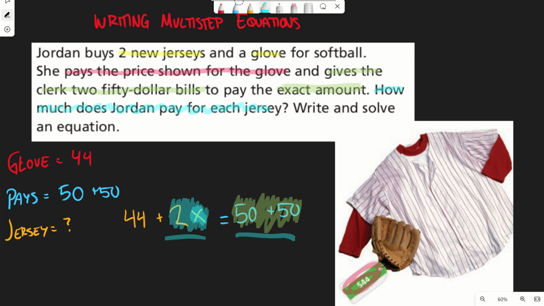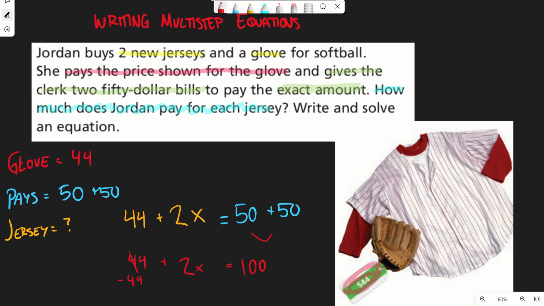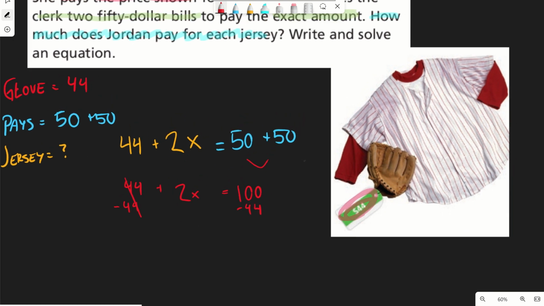Now, we can solve this. We can go through and we can solve this equation by doing our multi-steps. So we know over here we can simplify this side. 50 plus 50 is 100. Then we want to get rid of this 44. Remember the opposite of PEMDAS. Get rid of this 44. Get rid of this 44. That's going to give us